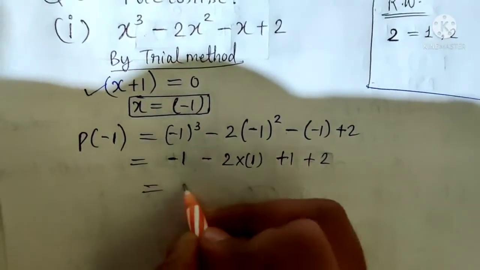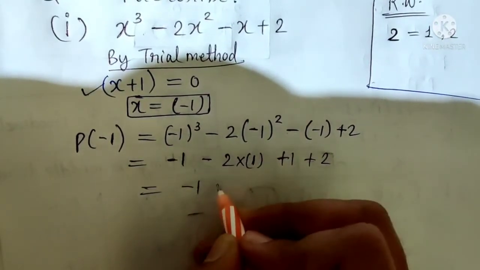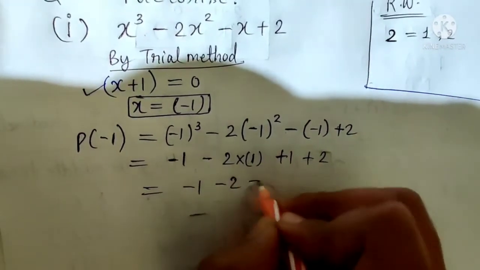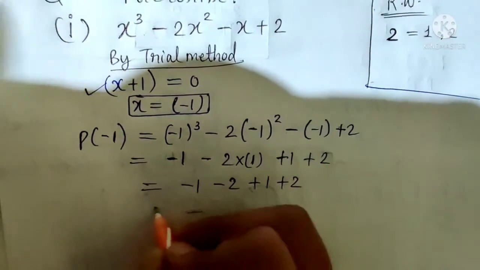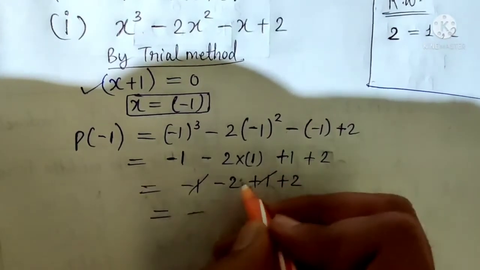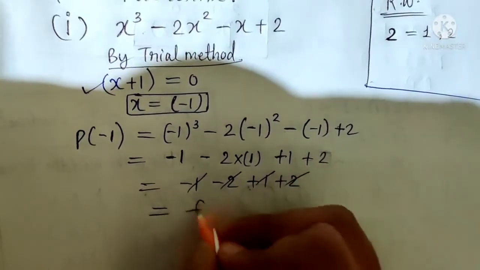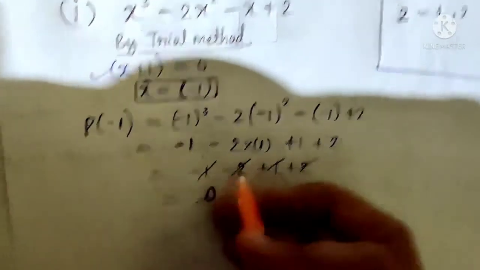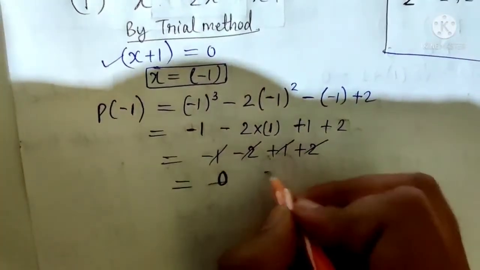Okay, let's solve. Minus 1, minus 2 multiplied by plus 1, so it will come minus 2 only, plus 1, plus 2. So what will come? Just check. Minus 1 and plus 1 cut, and from minus 2 we can cut plus 2. So what is left? 0 is left only. Now here 0 is left, so yes,